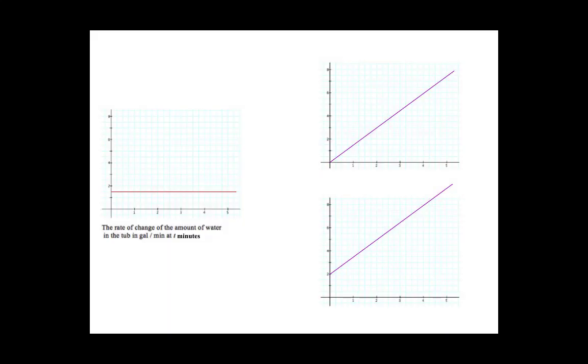Happened, we started talking about this right at the end of class on Tuesday. So the graph on the left, which we'll get to your green sheets in one slide, says this indicates the rate of change of the amount of water in a tub in gallons per minute at time t minutes. So in other words, this graph here is not representing an amount of water. It's representing the rate of change of the volume of water,